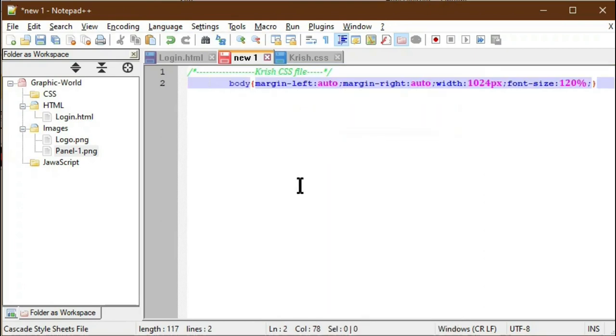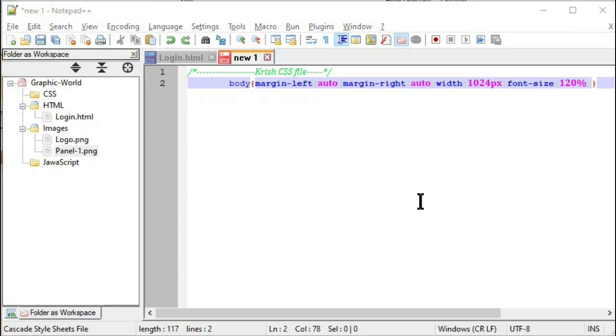I have pasted some code, so the body section is added here. Now we can see the difference. The comment is already changed to green color and italic font style. For the CSS code, the attributes are taken as blue color, and the values are taken as pink color. The color theme for CSS also we can change, like we did in the HTML.